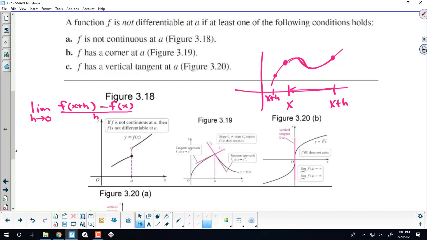So if we're trying to find the derivative at this point here, there's no way we can approach from the right, because there's no function over there. Same thing for this point here. The function's not even defined there, so there's no way you can find a derivative there. It's almost akin to saying,